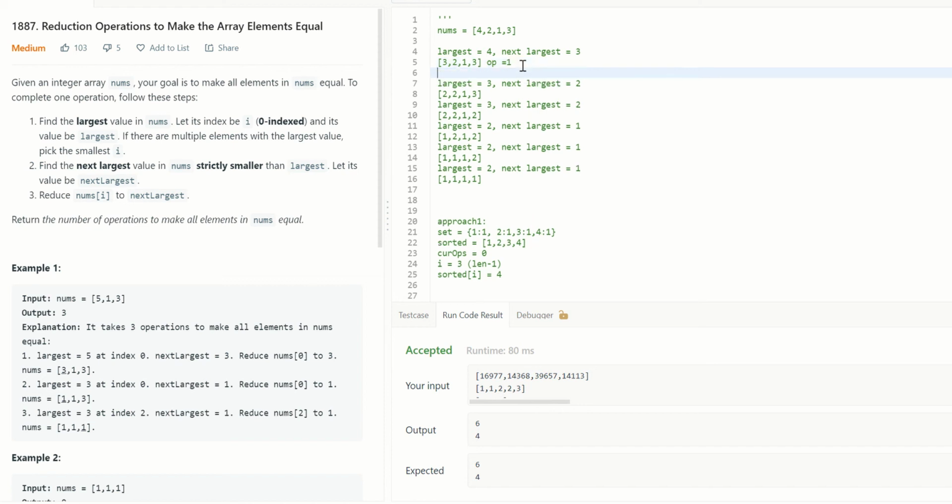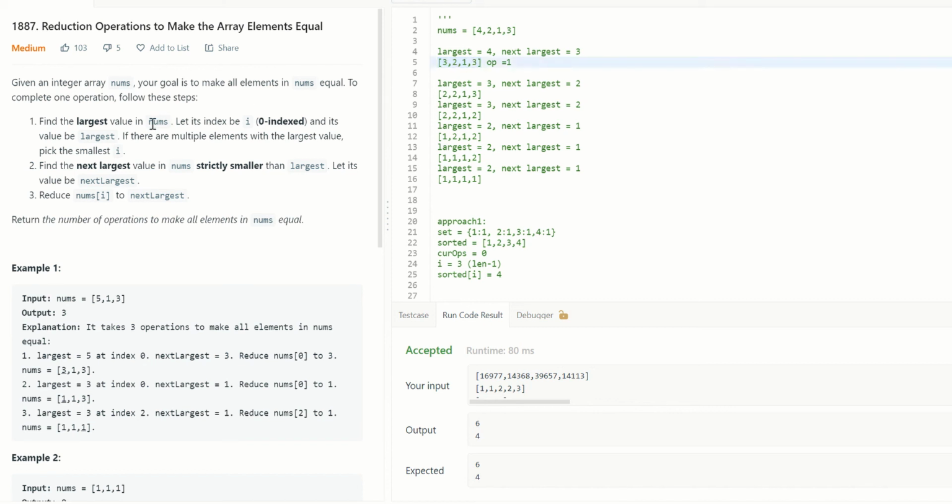Good. And next, moving on. We have not yet come to the situation where all the elements in the array are the same, right? So let's go further. Now from this array, what is the largest and what is the next largest? For the largest, we have two values, two threes.